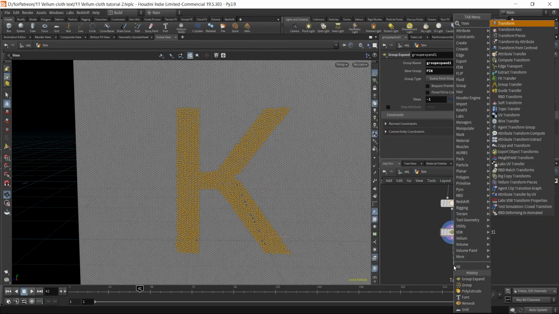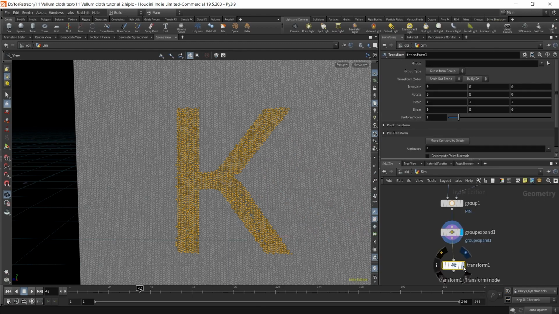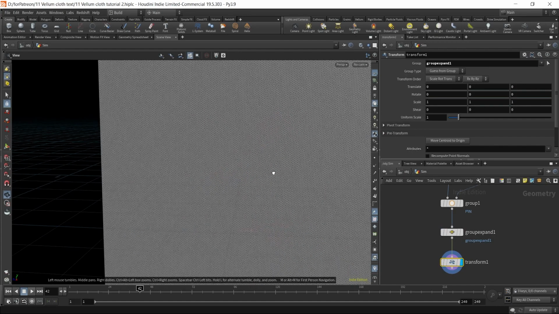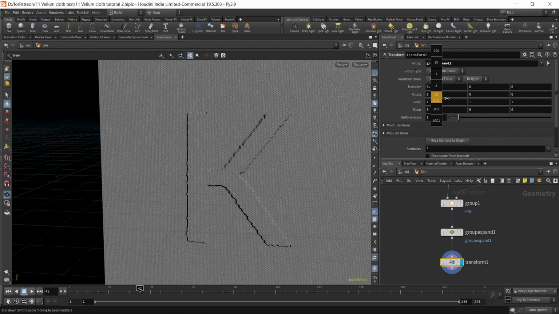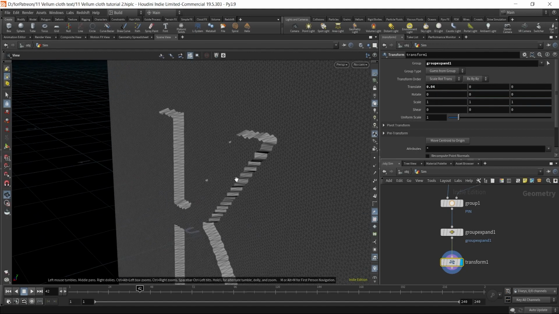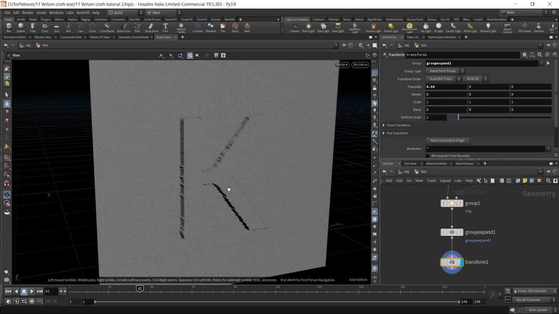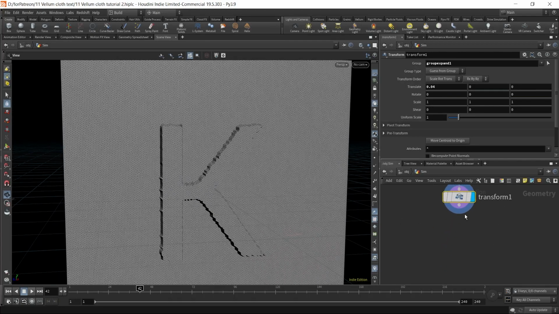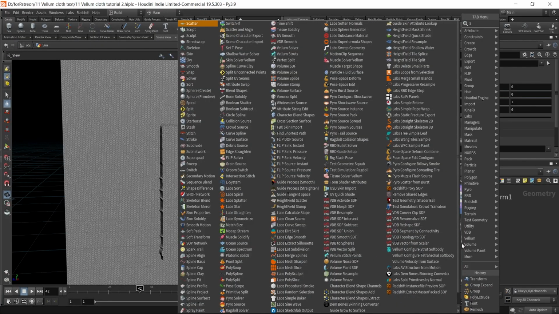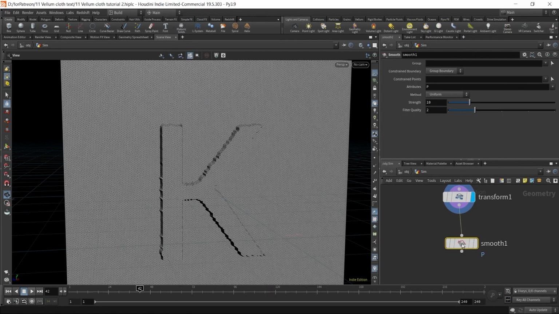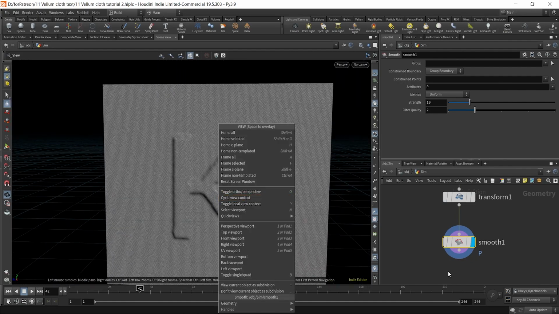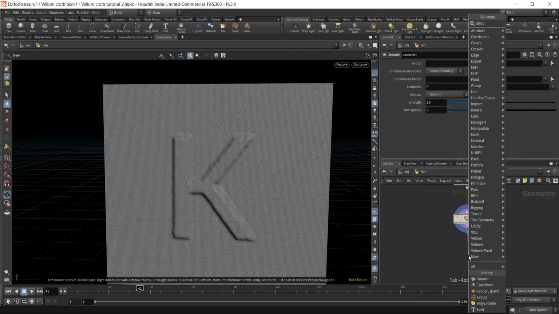Now use a transform node and apply this specific transform to group expand 1 and translate in the positive x direction. Just make it 0.04, so that K is bulging out from that grid geometry. And after this we'll be using a smooth node to smooth that geo. Now look, this is looking nice, and let's come here and we'll use a group combine